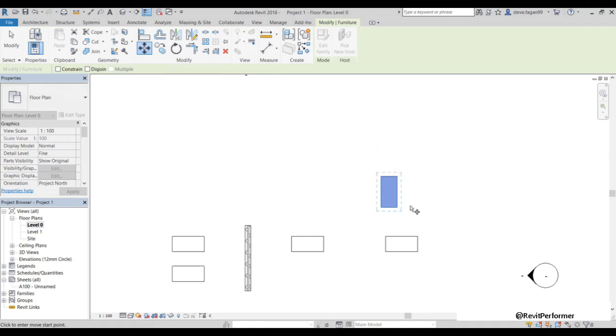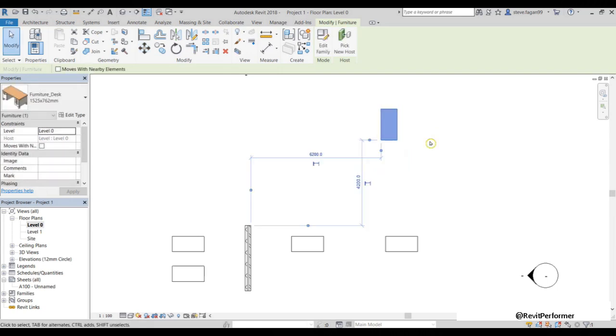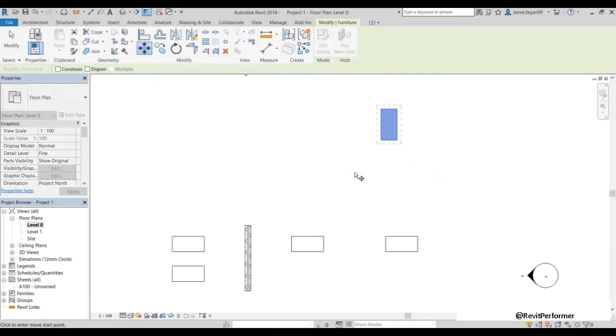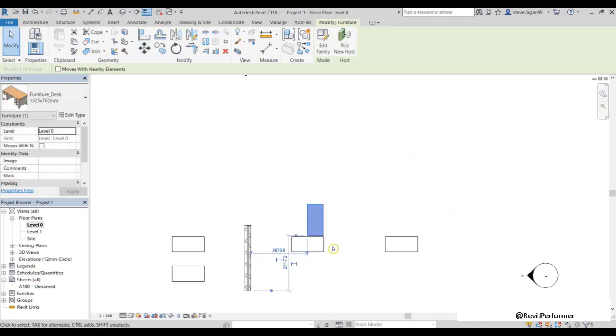But to get us started, we will just click for our start point and move the cursor in the direction we want to go. We can also specify an angle, and we can physically type in a distance as well, and click to place. If I wanted to be more accurate in where I place that component, again, I'll have it selected, select the move tool, and from my start point, if I snap to the corner of that desk, I can move the desk now more accurately, again looking for another snap point on the edge of the other desk.